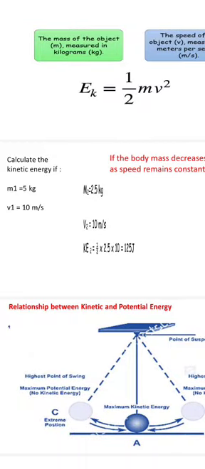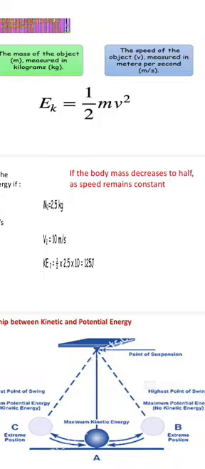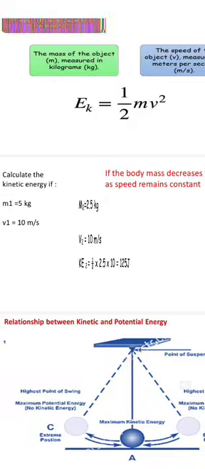Problem: calculate the kinetic energy if the mass of the object equal 5 kilograms and the speed of the object equal 10 meter per second. Use this relation of the kinetic energy to get the kinetic energy. And don't forget the square of speed. Okay, if the body mass decreases to half and the speed remains constant, wait,